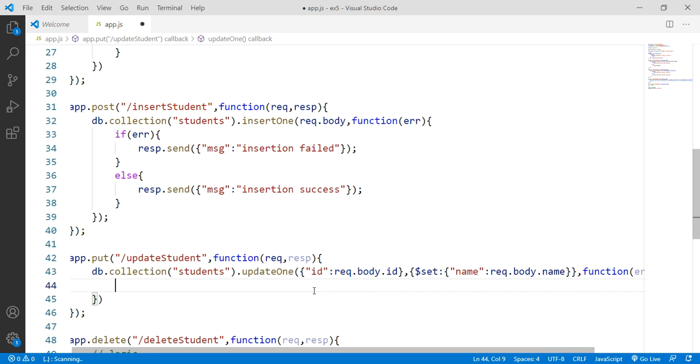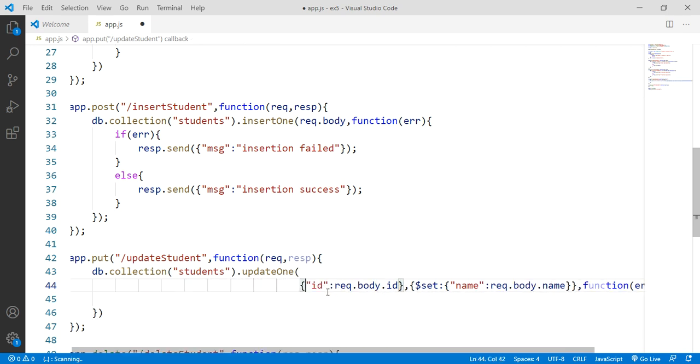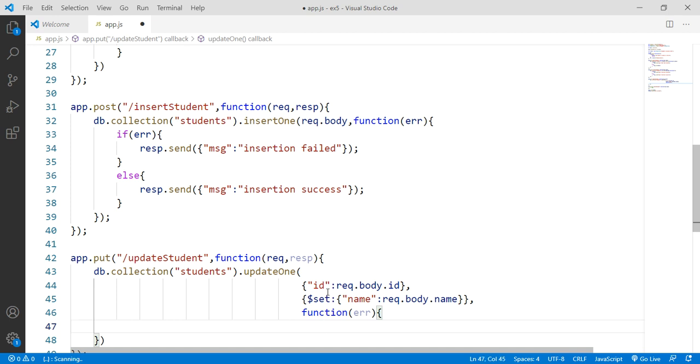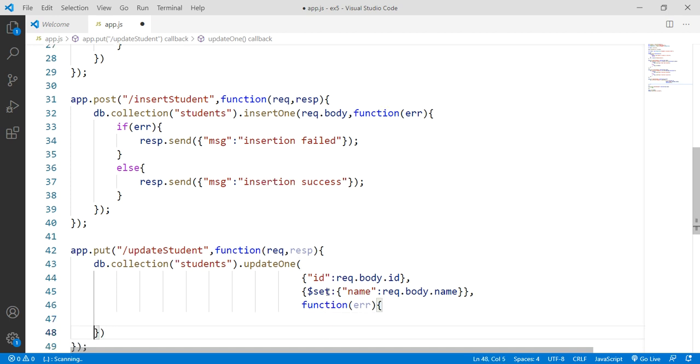So this one I am going to separate into three parameters. The first parameter is the identification, the second parameter is the updated record, the third parameter will be the successful update.